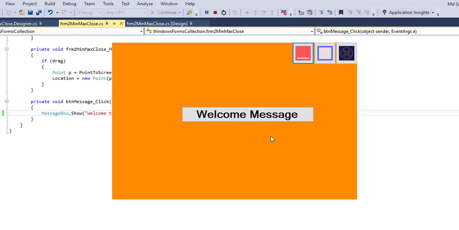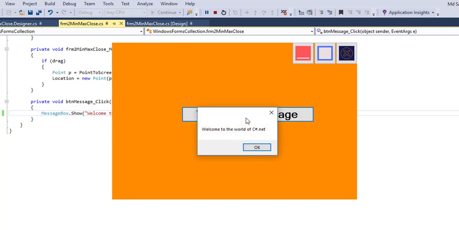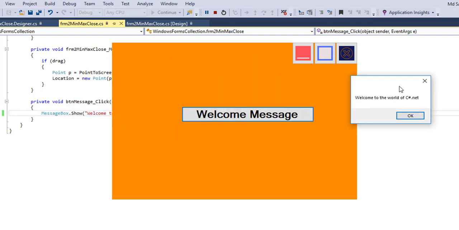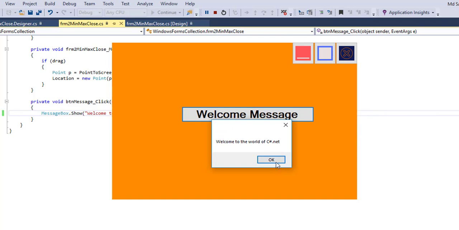Running it. Click on the button. Message showing. Welcome to the